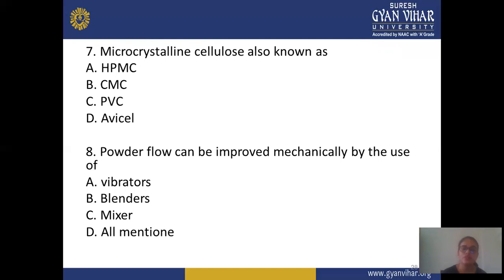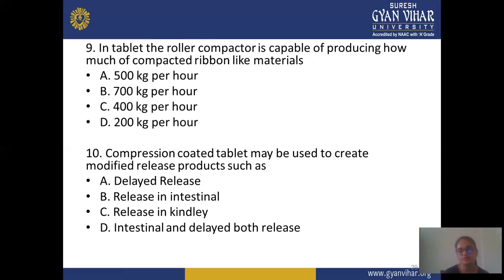And the eighth question is: powder flow can be improved mechanically by the use of A, evaporator, B, blender, C, mixer, and D, all mentioned. In this, how do you improve powder flow property mechanically without any excipient? So you use some type of equipment. In this, you select the appropriate equipment. The next, ninth question is that